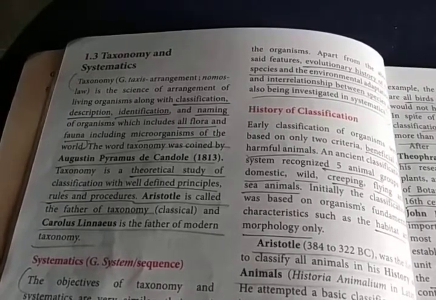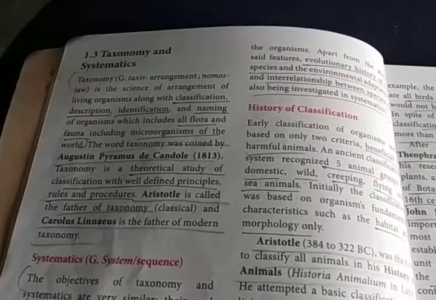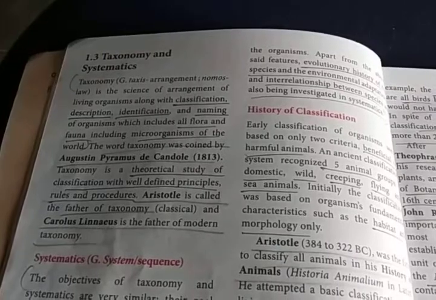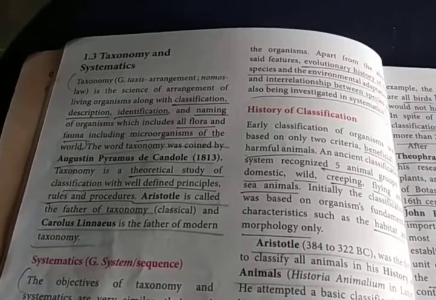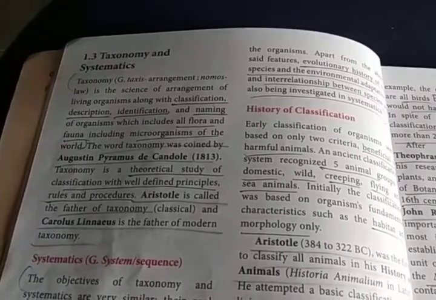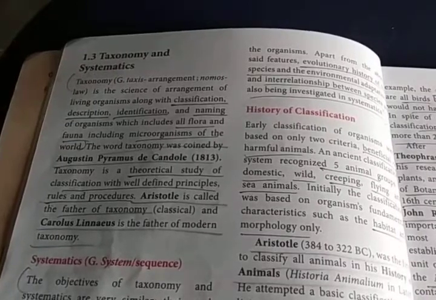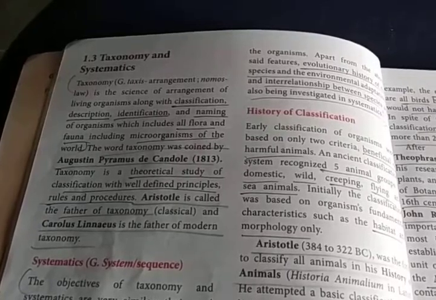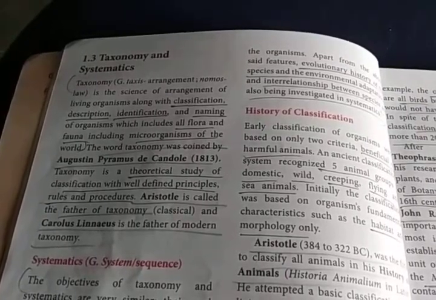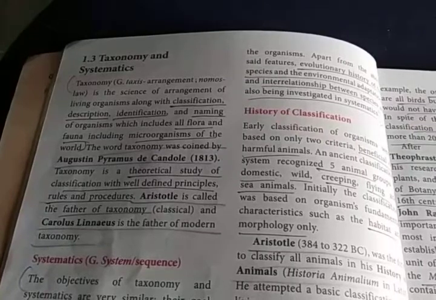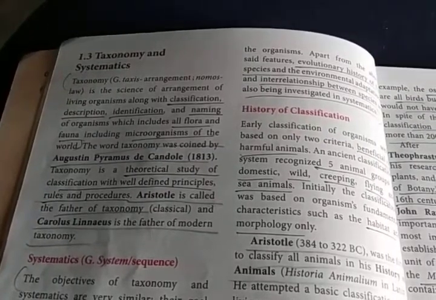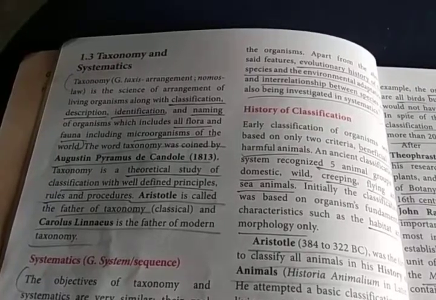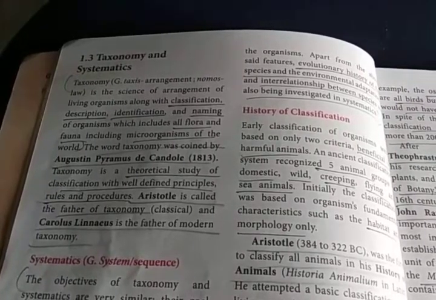So they have arranged the organisms. They have classified them. How have they classified? They have followed certain rules to classify the organisms. Description: we know that means characteristics. Then identification: easily we can identify a particular species. And they have given names also to identify the organisms. It is not only plants and animals; even microorganisms are classified like this.